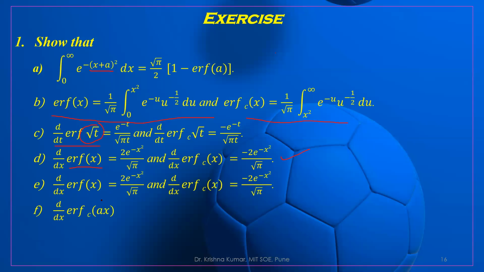Similarly, complementary error function of ax, we have already taken this example, but with respect to a. Now we have to take it with respect to x. So this will be like that, and also we evaluate. So now we have done this example for the error function of x. Right? So we will take the derivative of the complementary error function of x and their integration of complementary of x. We can also take such types of examples.